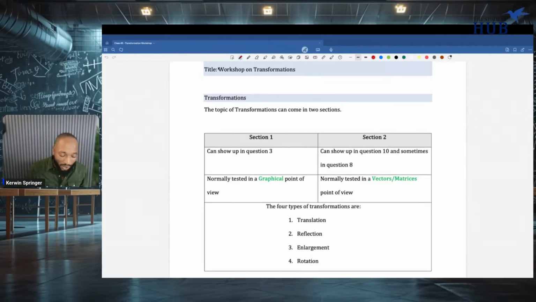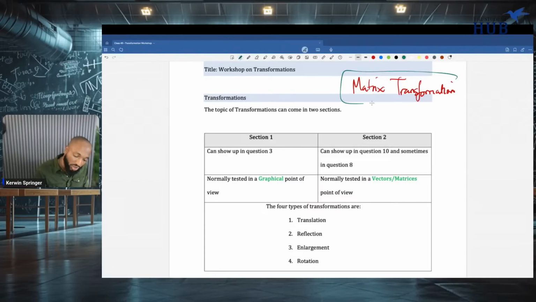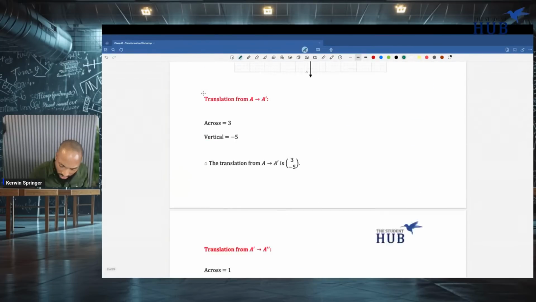All right, enough talk, enough break. Now we begin the toughest topic in CSEC maths, which is matrix transformation. It's either matrix transformation or linear programming. Linear programming doesn't come as hard these days. It could still potentially come as hard, but matrix transformation has been doing wondrous things in the recent past. Before we do matrix transformations, you must understand transformations. So this workshop actually is on transformations.